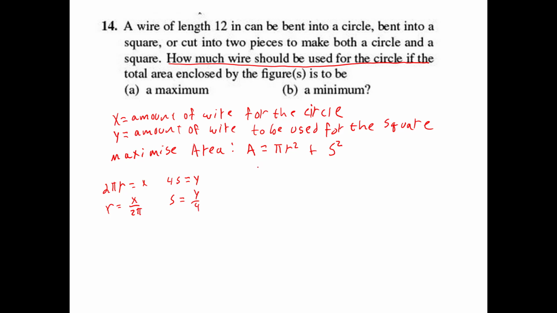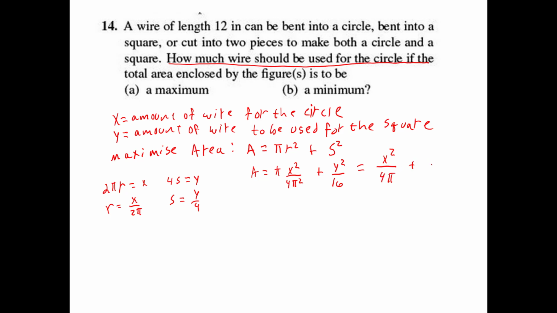So now I have that my area will equal pi times my radius squared, x squared over 4 pi squared, plus s squared, which is y squared over 16. Notice that one of those pi's will cancel out, and this cleans up to x squared over 4 pi